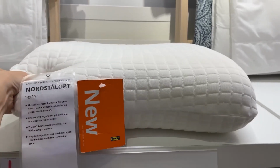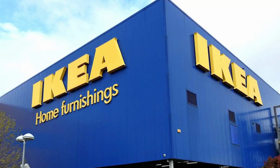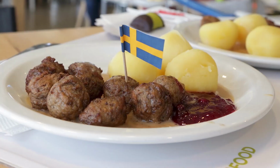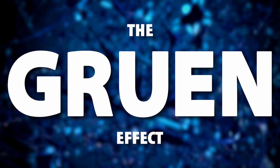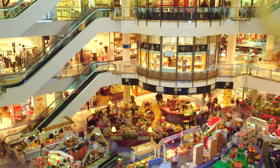So why do we find ourselves impulsively buying way too much stuff when we shop at IKEA? Well, that's actually by design. IKEA's unorthodox way of doing business, like their store layout that looks like a maze and their extremely cheap food court, all play into a psychological trick called the Gruen effect, a consumer behavior principle that inherently makes shoppers excessively spend. So what is the Gruen effect, and how does IKEA use it in their stores to get you to